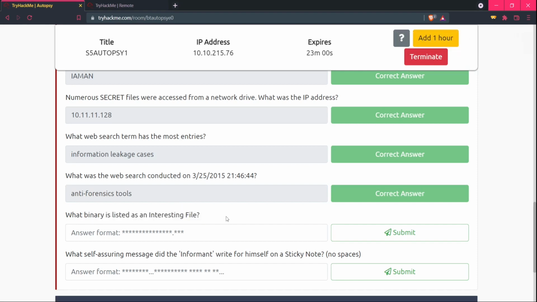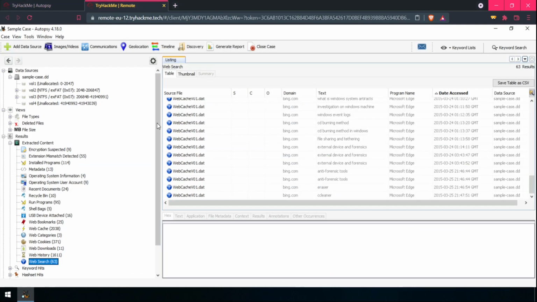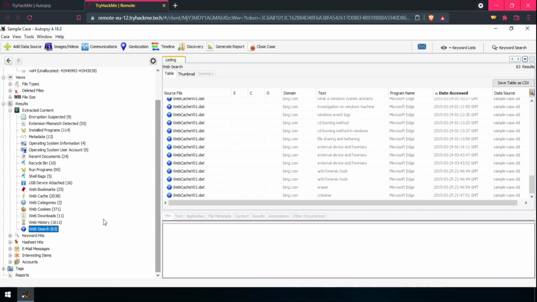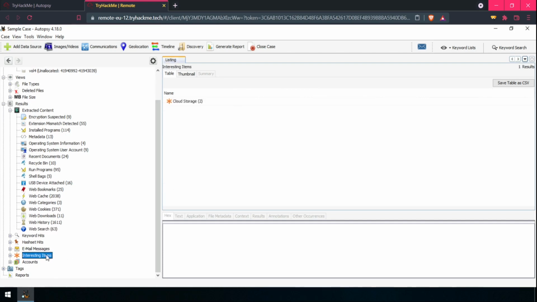Next is: what binary is listed as an interesting file? So we need to know what binary is listed as an interesting file. So let's see. If we see the user interface carefully, we see that there is a section called interesting items, and Autopsy by its own intelligence finds certain interesting items that we should take a look at.